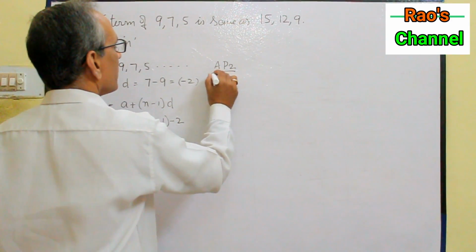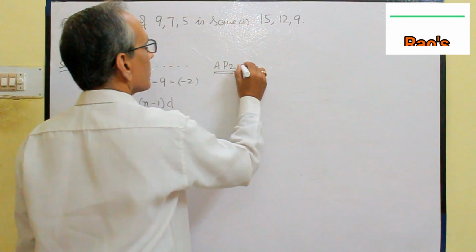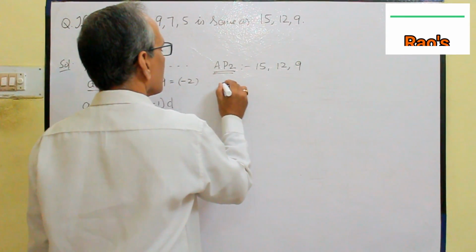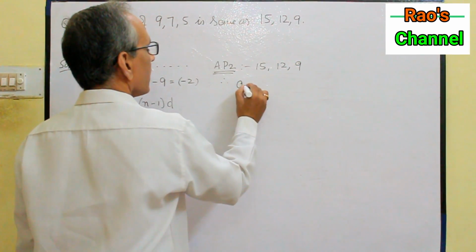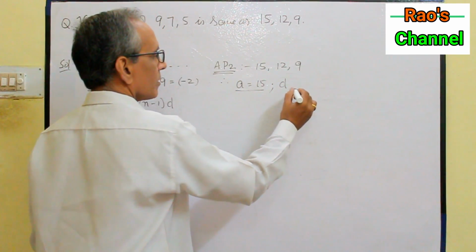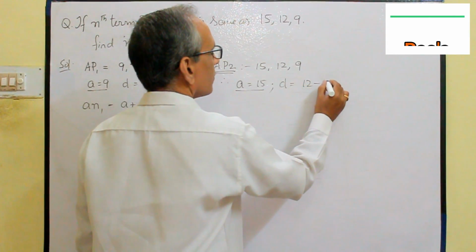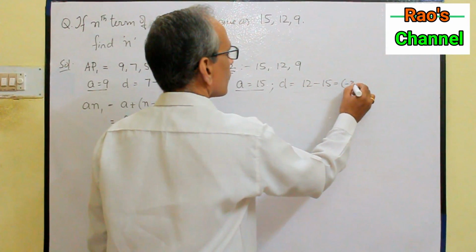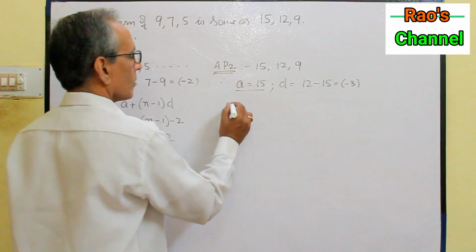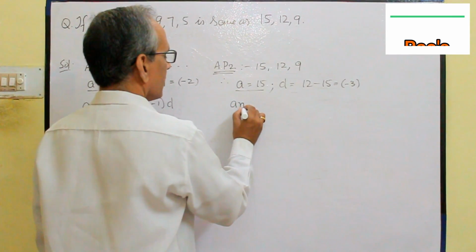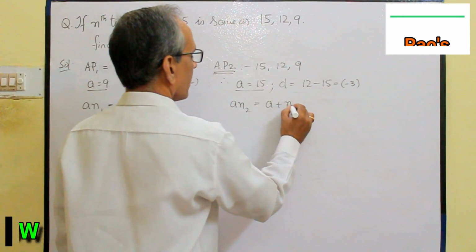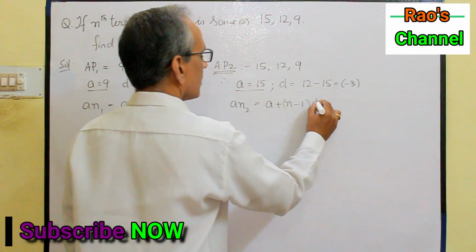AP2. What is AP2? 15, 12, 9. From this we can define A as 15, and D is the common difference between two consecutive terms, that is 12 and 15, which gives minus 3. Okay. Now the nth term in the AP2, a_n2,